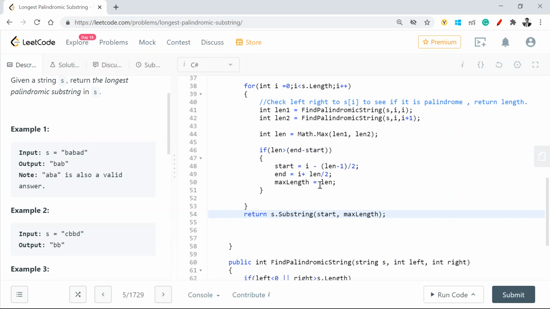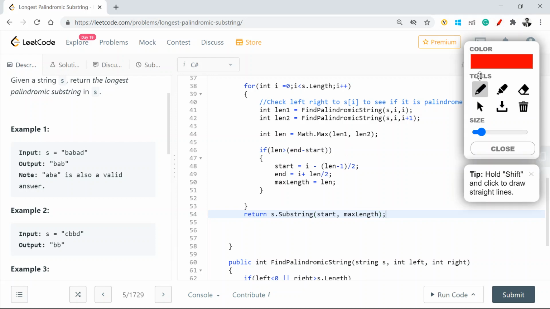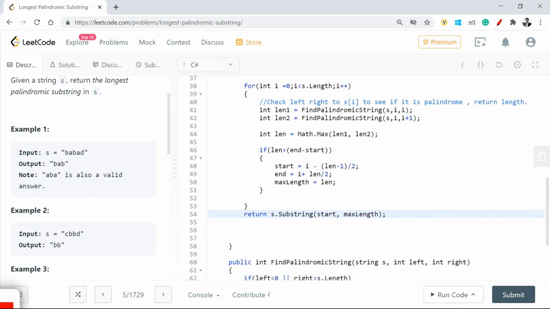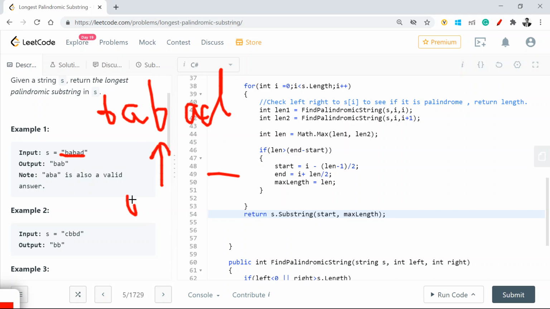Just to go back to this particular formula, what we just discussed. So why do I have this formula, right? Let's talk about this example, right? BAD, say I found B as my index. Here what will my I value be? I value will be 2, right? Now with my I being 2, I am looking for this particular substring, ABA.